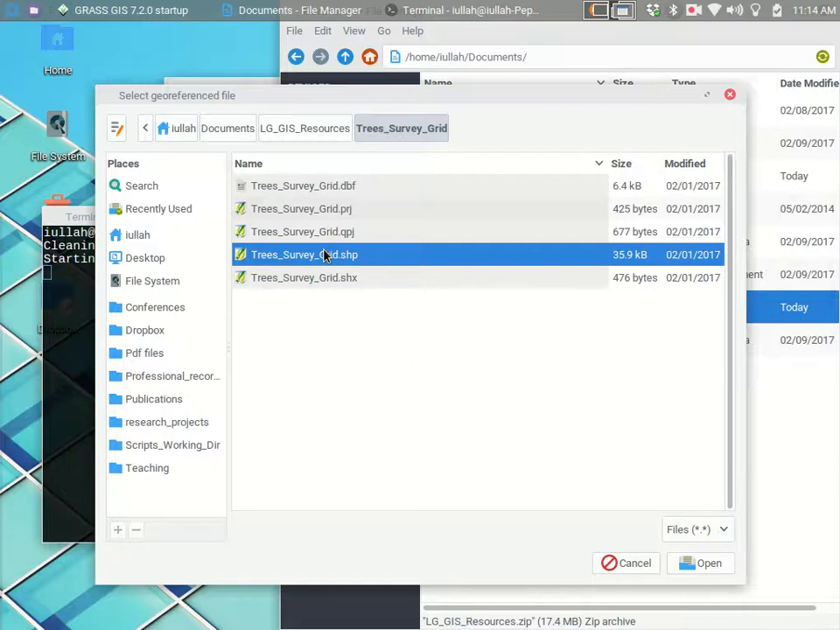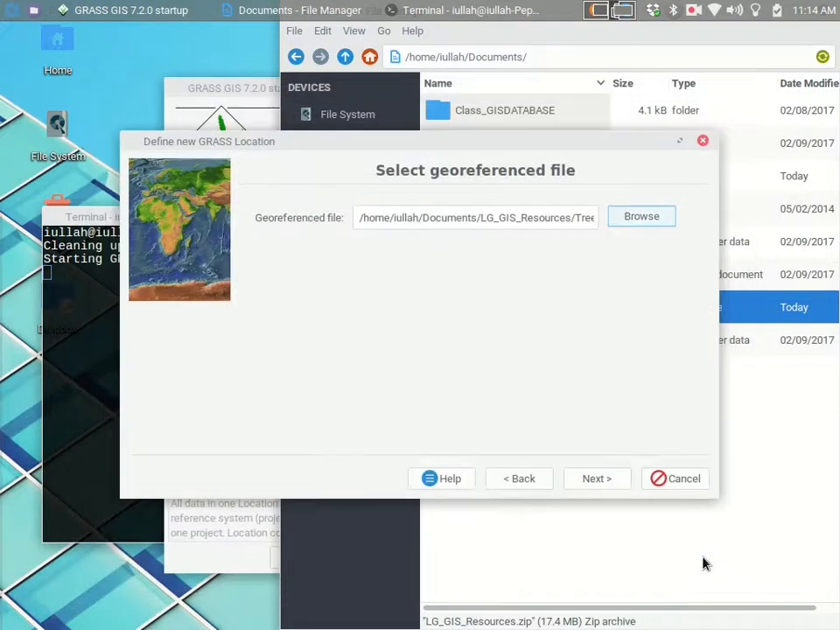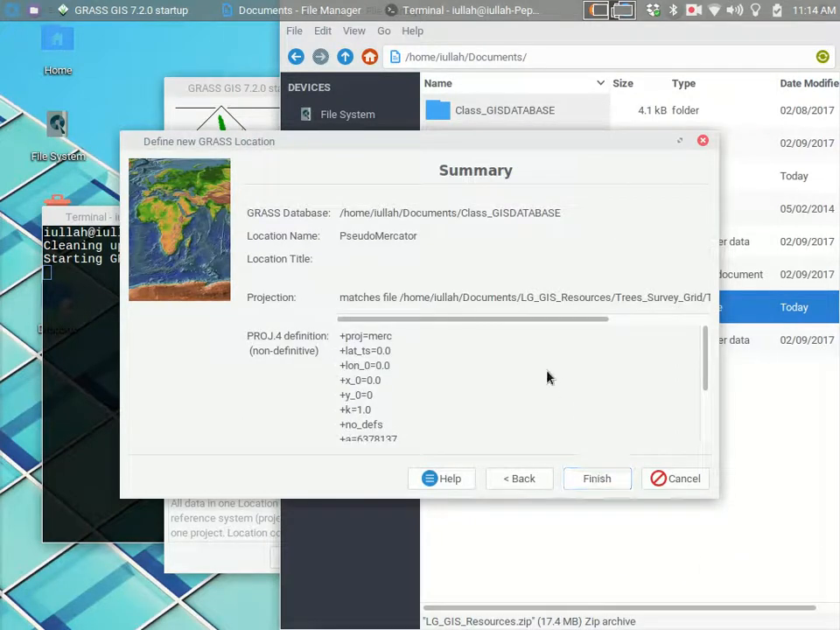The easiest way is to zip them all up into one zip archive, but if you can't do that, you have to send all 5 of them as 5 individual attachments. Just FYI. All right? So we'll select that. We'll hit next. What it's doing is reading the projection information from the metadata that's embedded in one of those 5 files, and